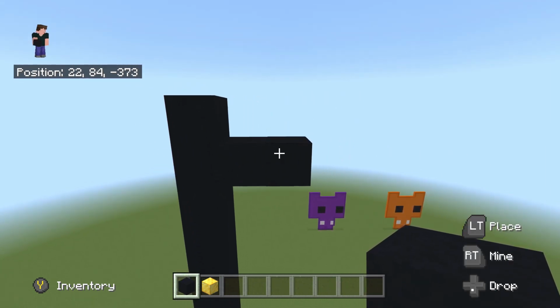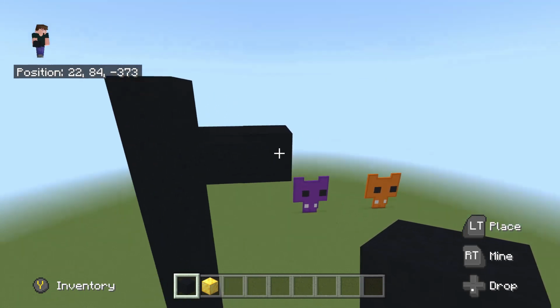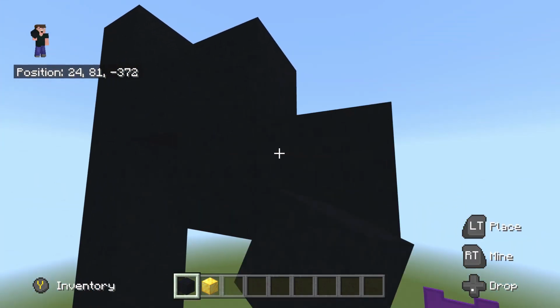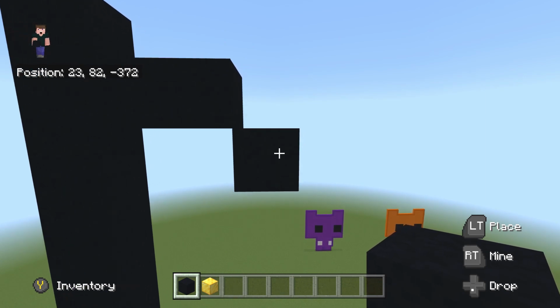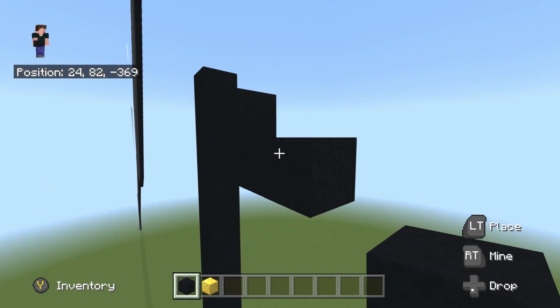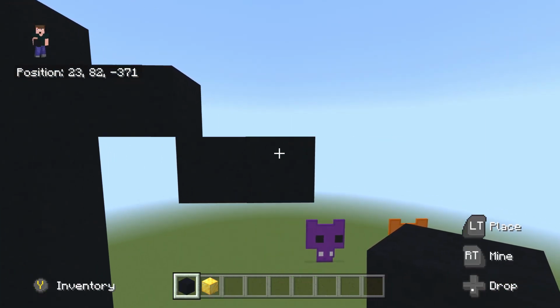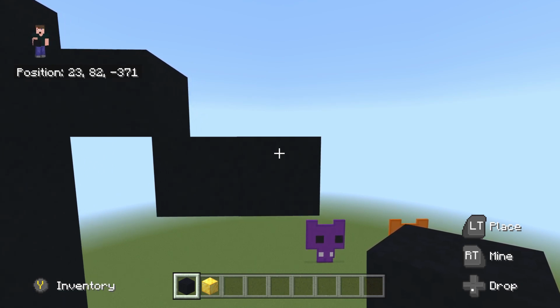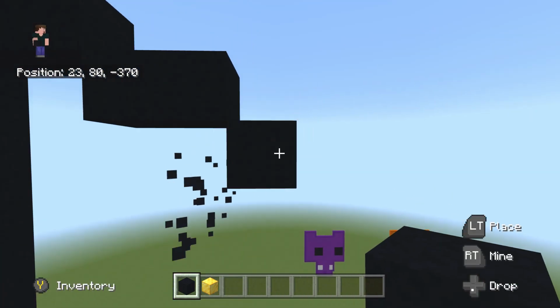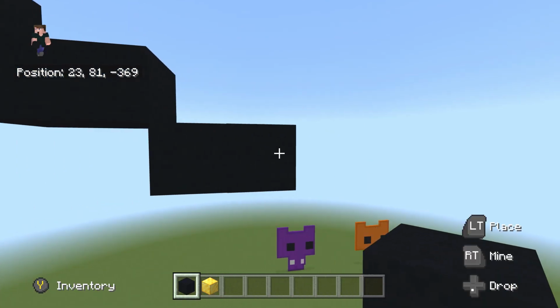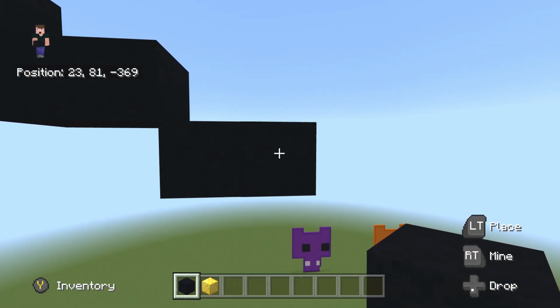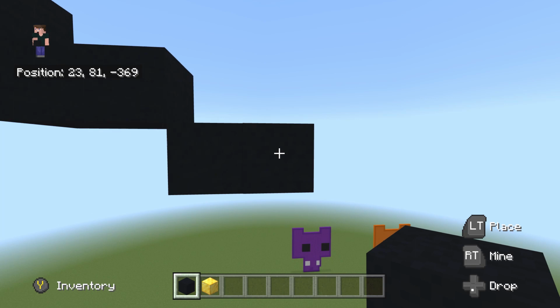Once you've done this right here, we're then going to do another bottom right diagonal from here. And there we go. And this bottom right diagonal, we're then going to place 1 to the right, just like so. Once you place this 1 to the right, do another bottom right diagonal. Then we're going to place 1 to the right. And there we go. Once you place this 1 to the right here, we're then going to do 4 bottom